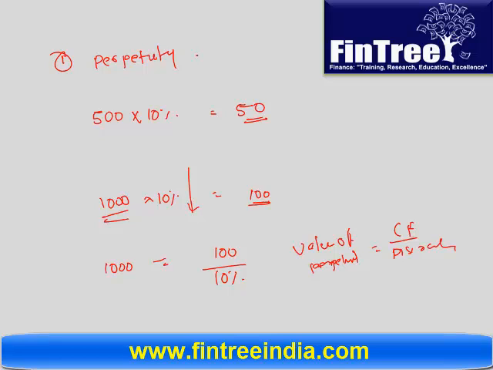The value of the investment can be calculated as cash flow divided by discount rate, so that is equal to 30 divided by 12%, which would be how much? 250. So 250 is your answer. Okay. Now